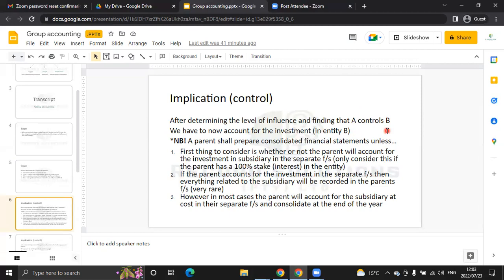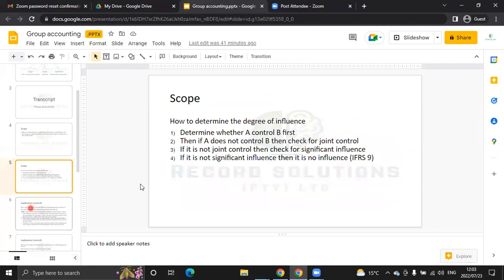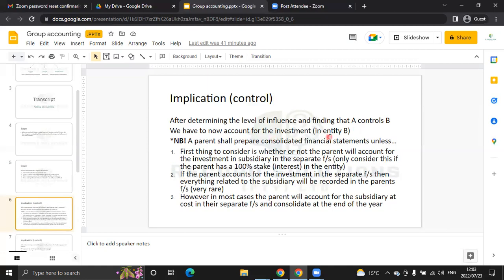I think consolidation, I will explain later on. In this separate statements part, everything that I'm going to talk about, I will refer to separate, combined or consolidated statements. Now I'm still focusing on separate. So what happens with separate statements? What will happen when you've determined that you control this entity? The first thing that you have to know is